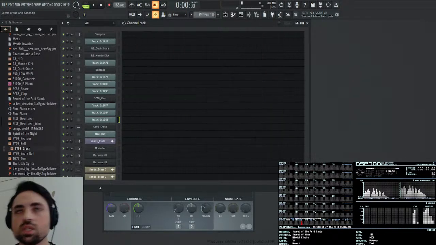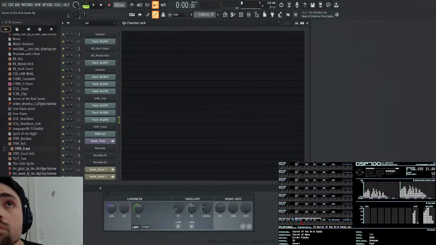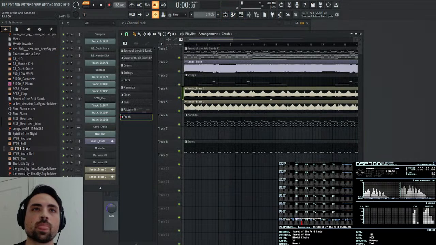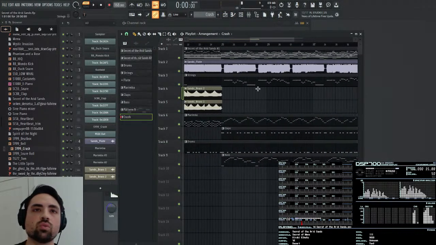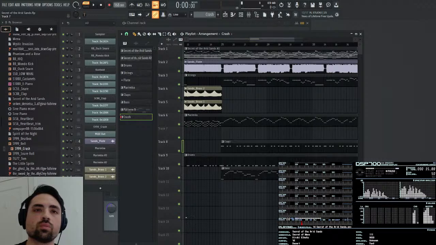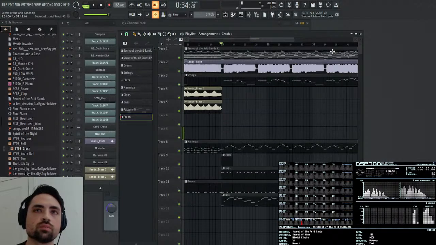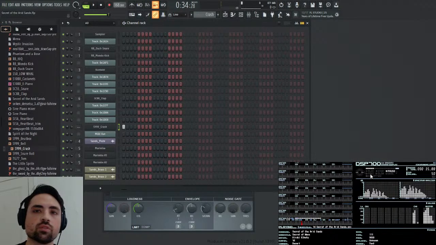Let me find first empty and call it crash. And so really I just need to switch to the sequencer and do that. Nice. So now I'm going to insert a layer here and then just put the crash there. And I'm also going to need to make 2 new layers for the harmonica. So I know the harmonica is going to be panned all the different ways.